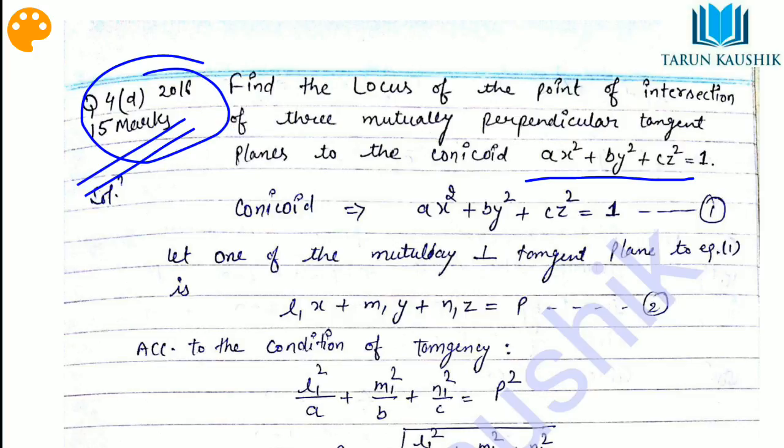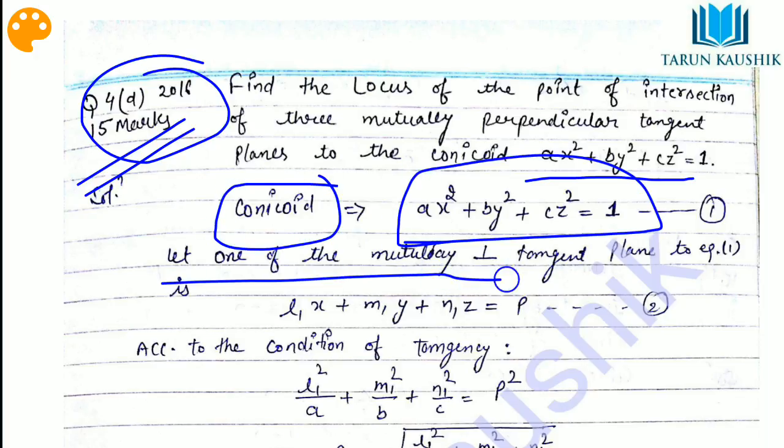I'm repeating this question so that those who are watching this video for the first time will know how to solve it. This is the conicoid which is given. It says there are three mutually perpendicular tangent planes, so we take one of the mutually perpendicular tangent planes to this equation number 1